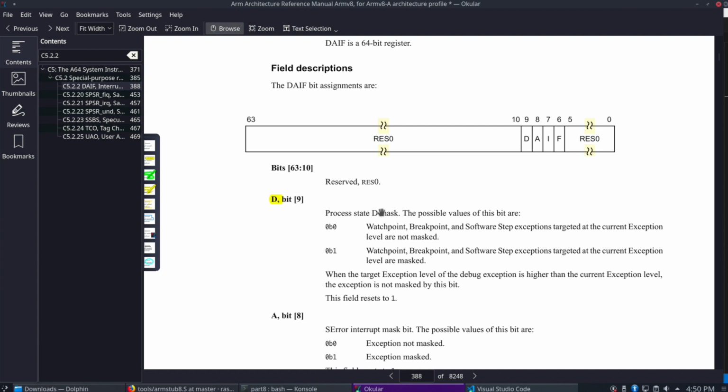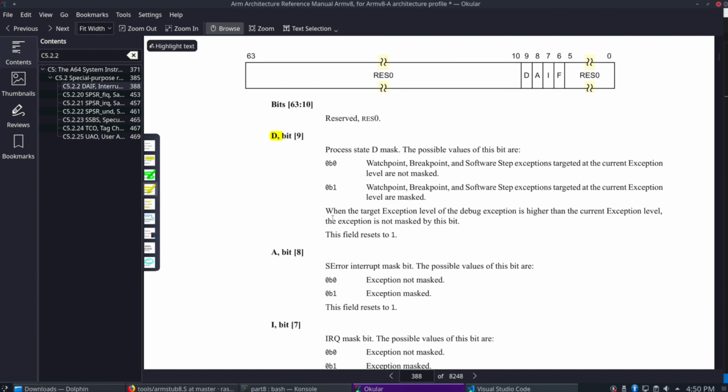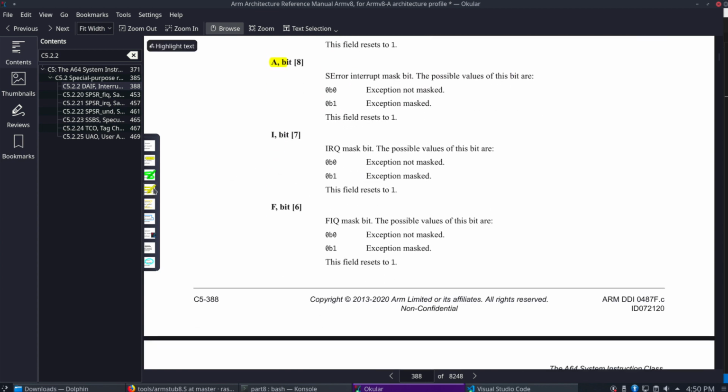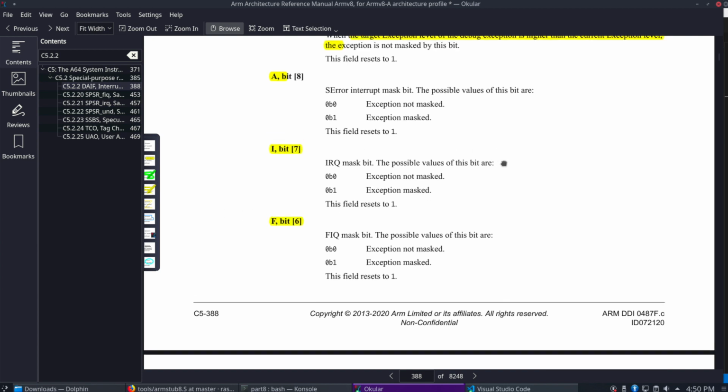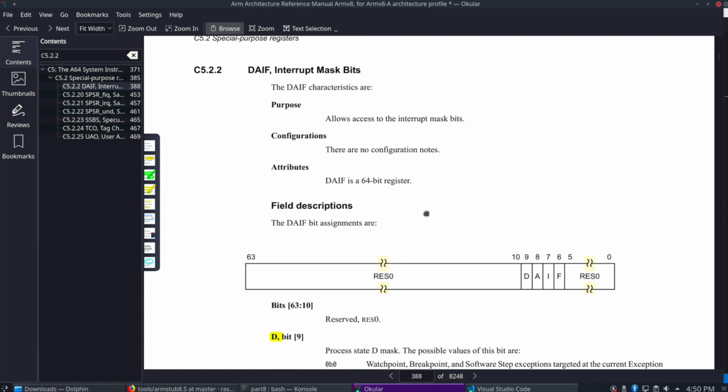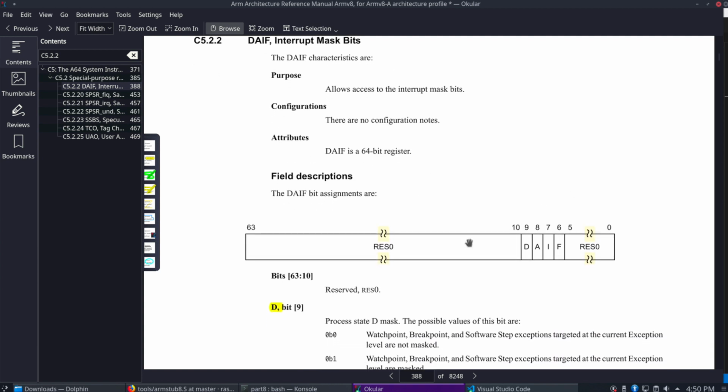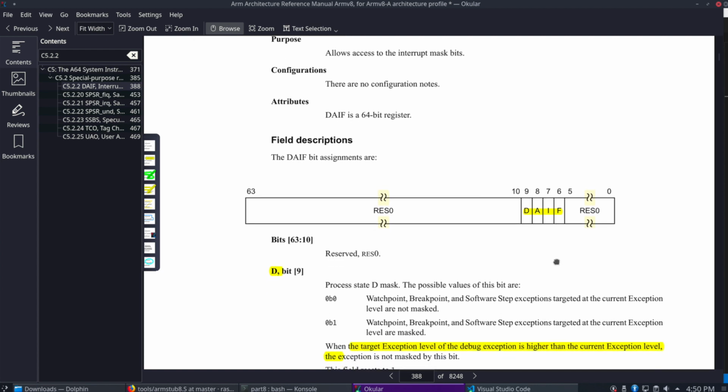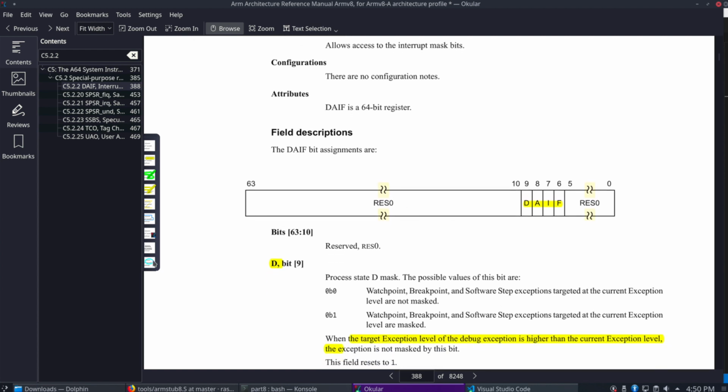D for debug, A for the asynchronous SError interrupt mask, I for IRQ, and F for the fast IRQ. You'll see here in the register we have D, A, I, and F as individual bits. Those we would be able to set and reset